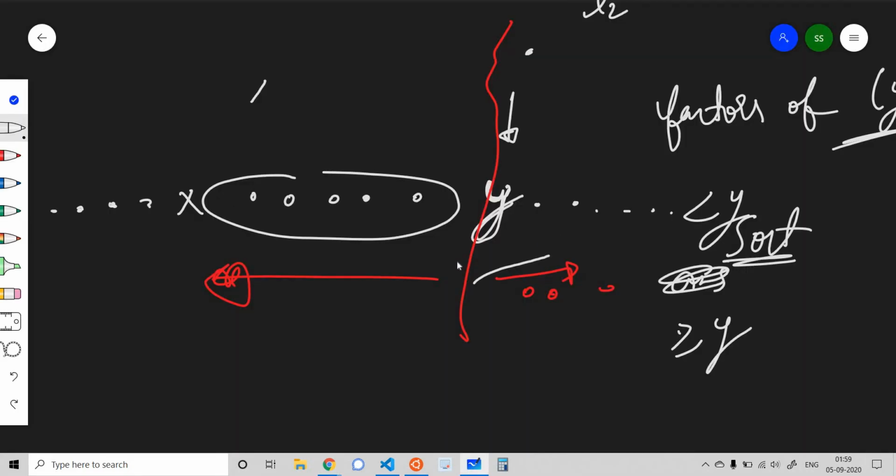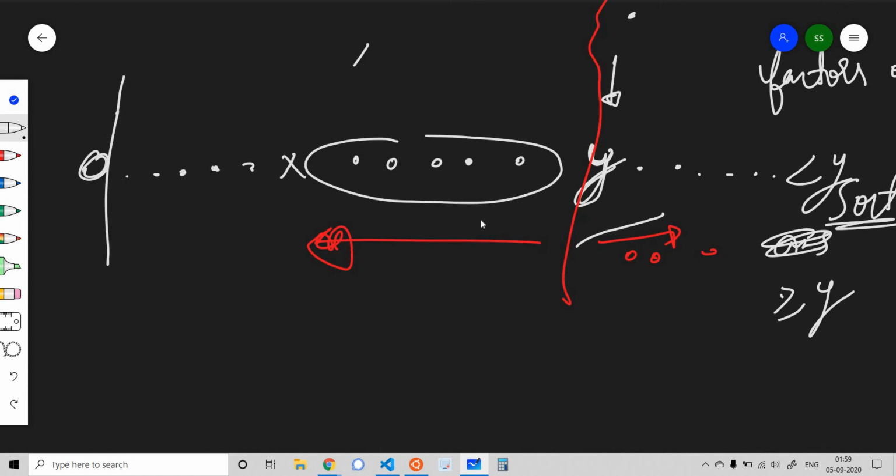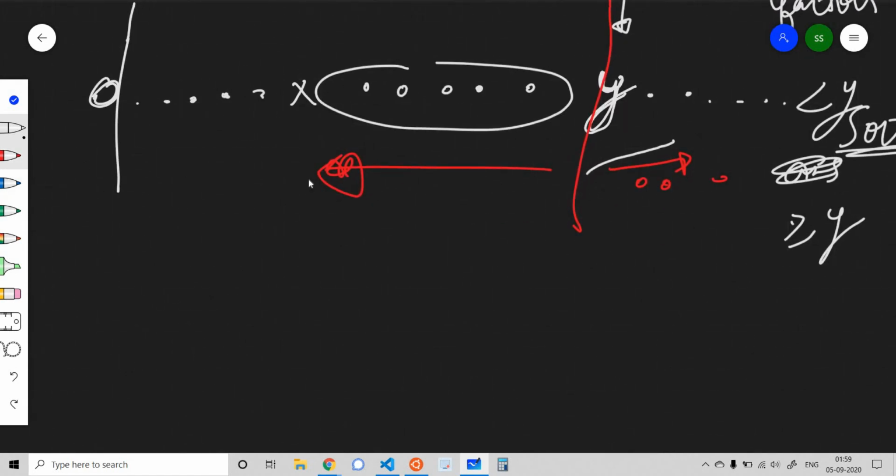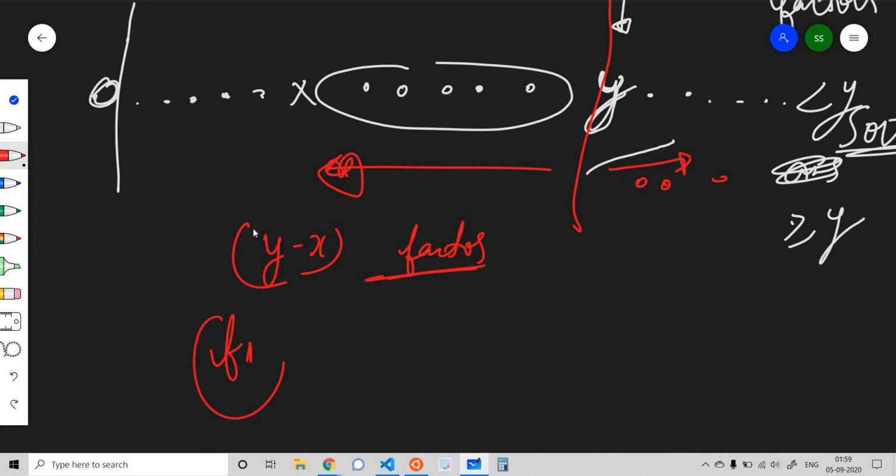Then we will need to print out such a possible list. For that, first of all, I'm finding all the factors of y minus x. Then for each of the factors, let's say f1, I'm trying